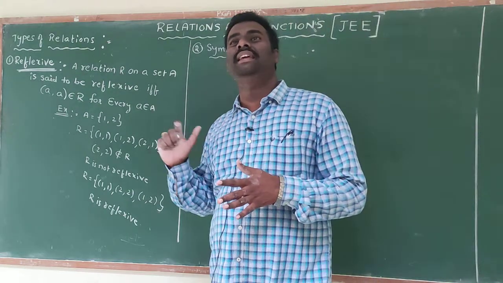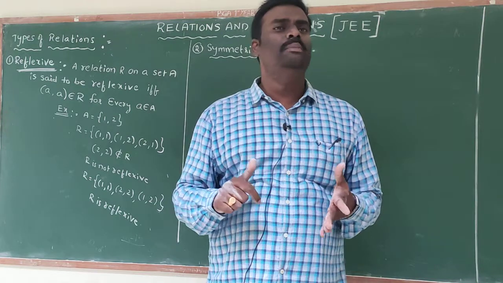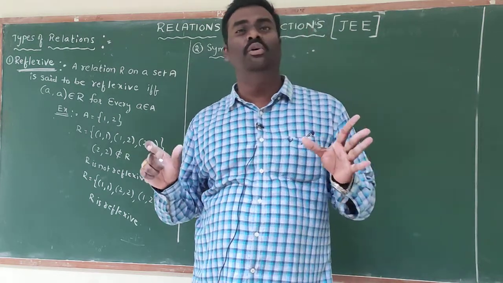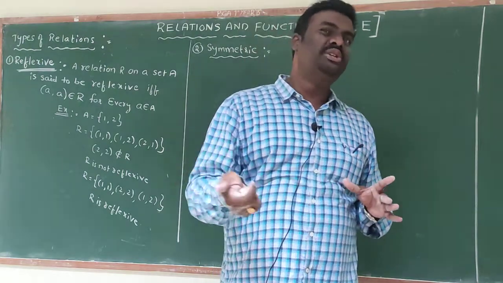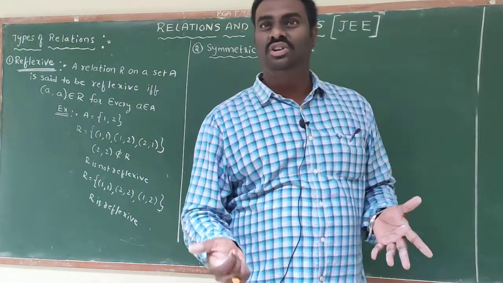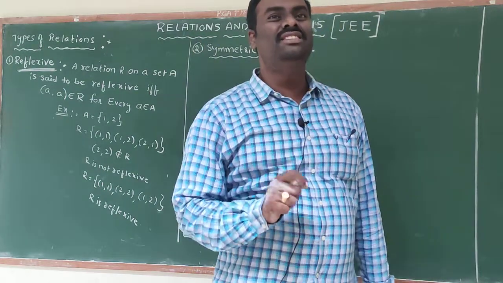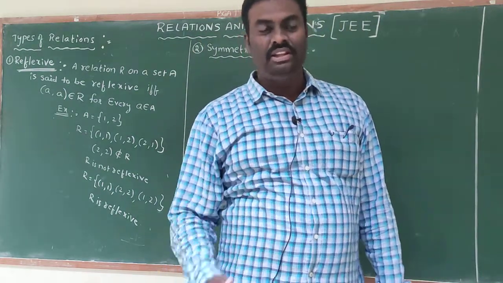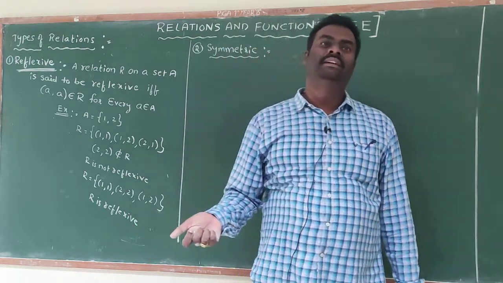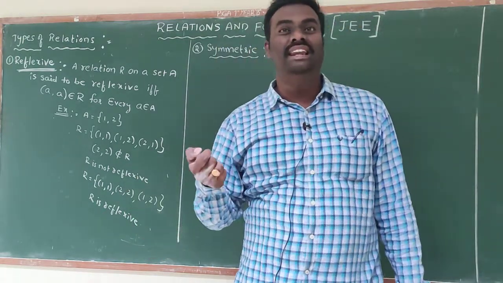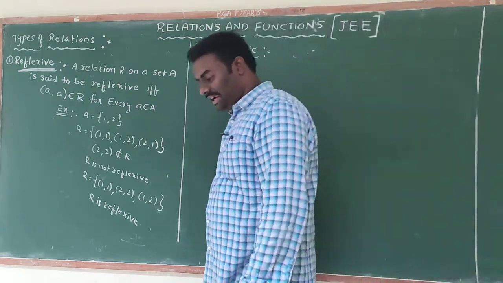Why I am explaining that? Students, you need to think, example means there is no rule taking only numbers. Okay? You need to take the human relations also we can consider. Why? Because this chapter name is relations and functions. There is no rule of taking only numbers. You can take the human relations also.